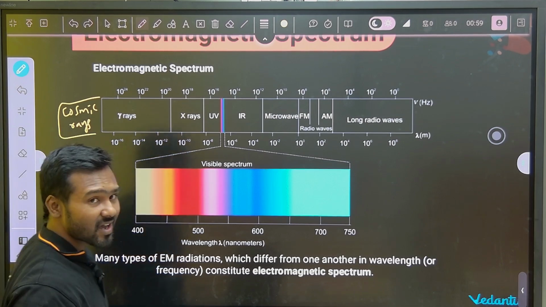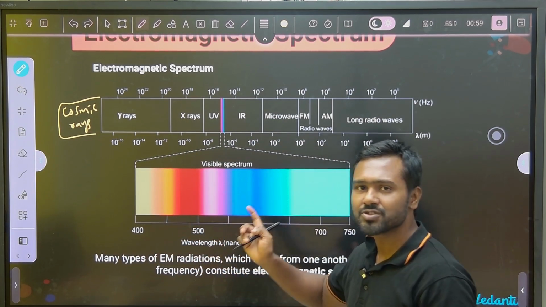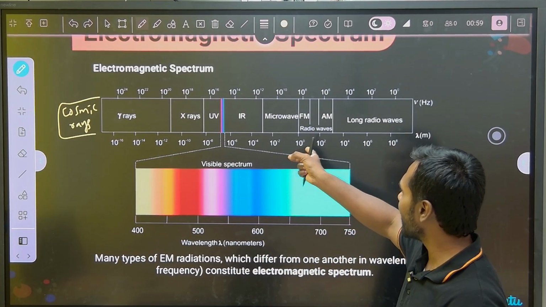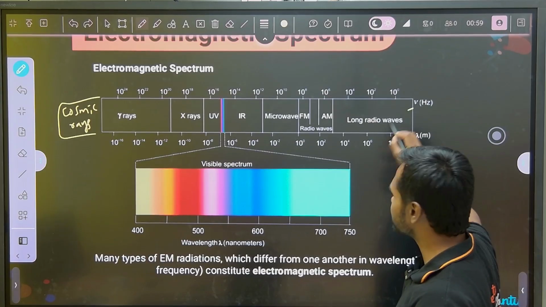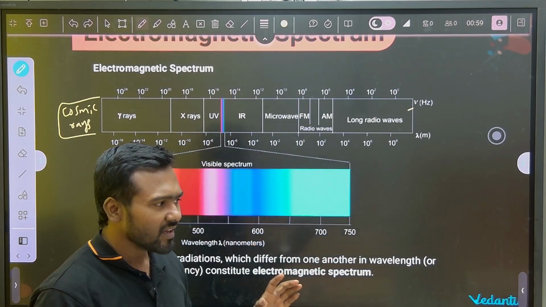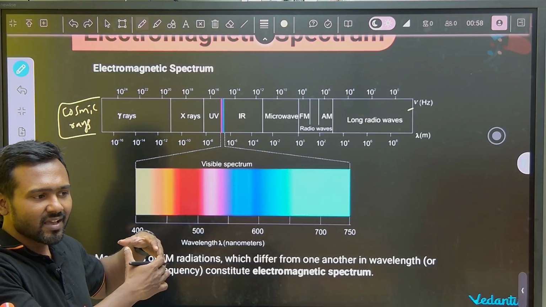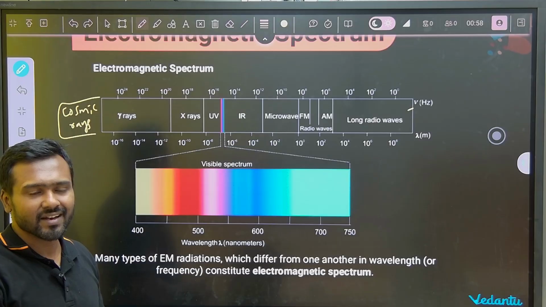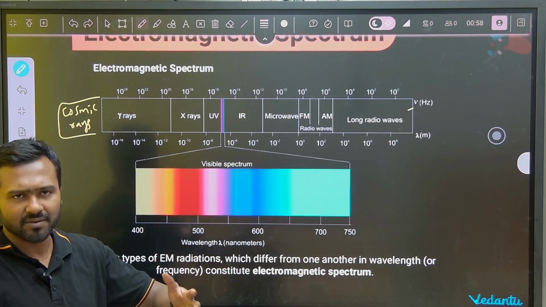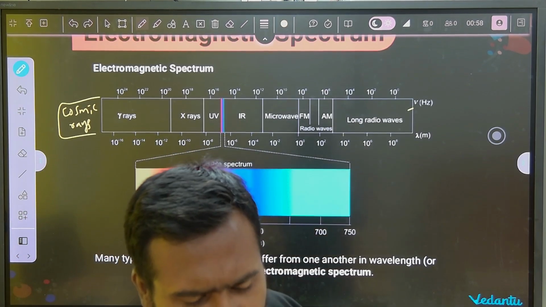The highest one is cosmic rays. So cosmic, next gamma, next X, next UV, next visible, next IR, next micro, and next radio and long radio waves. So in this one, highest energetic, see, this is the spectrum. This is nothing but the arrangement of all the radiations in the decreasing order of their energy or in the increasing order of their wavelength. All are interrelated, so you can say it in any one term. Either you can say in terms of decreasing energy order